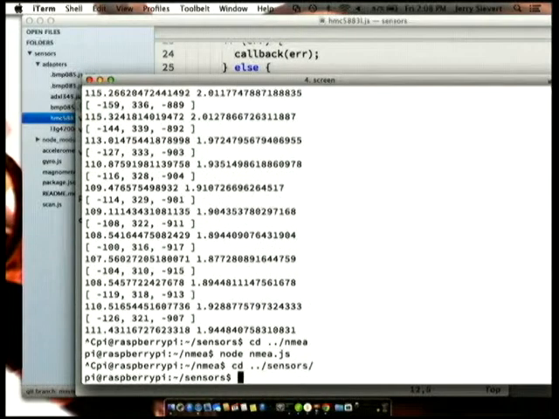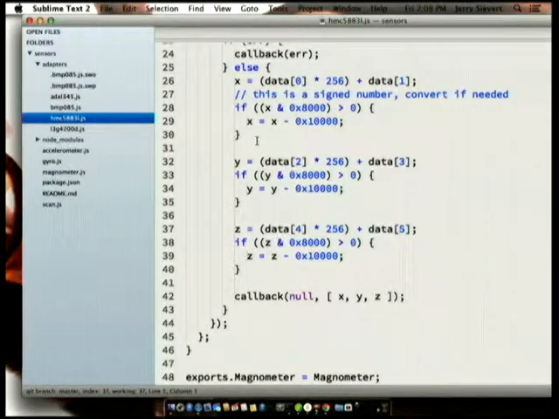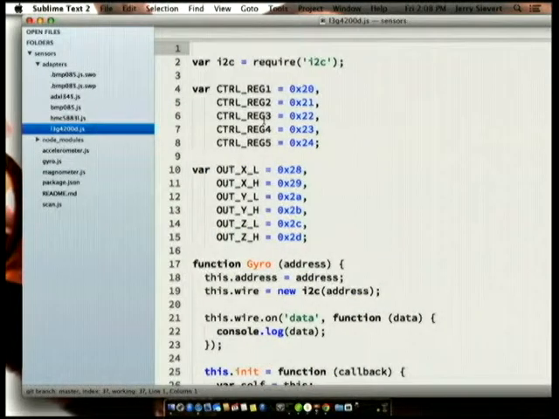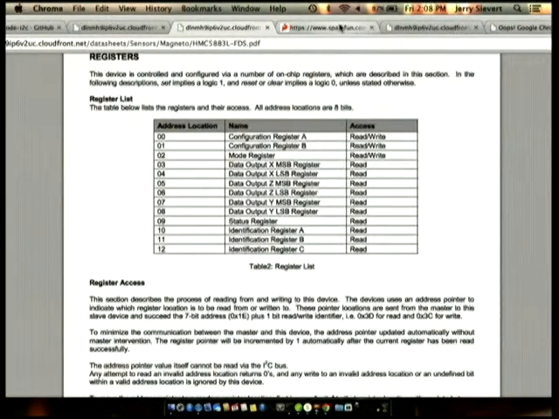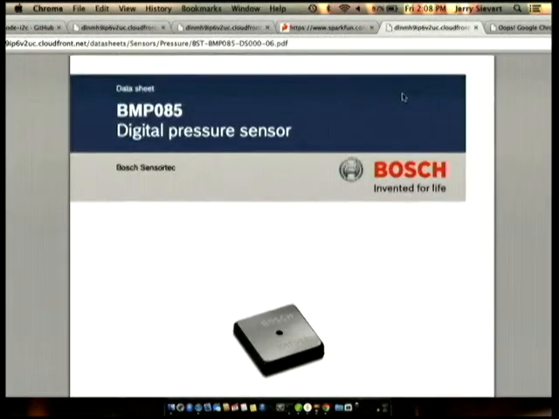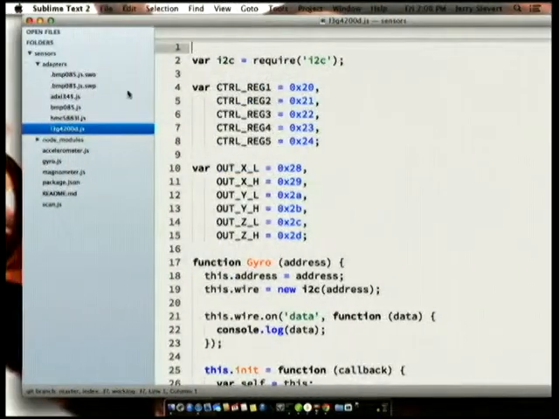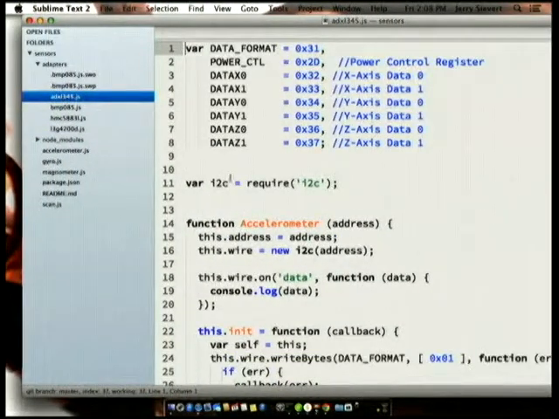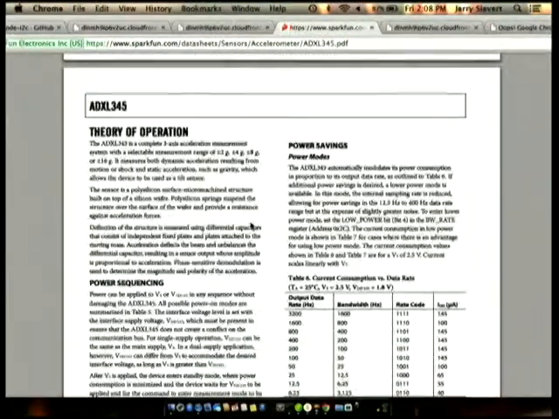So let's go back to these sensors. And we also have an accelerometer, which once again, I'm going to demo here and take a look at. This, I happen to know, is an L3G4200D. Let's go take a look at that data sheet here. That's the wrong one. Oh, it's an ADXL345, right here, accelerometer. Let's take a look at the data sheet. What does it tell us?